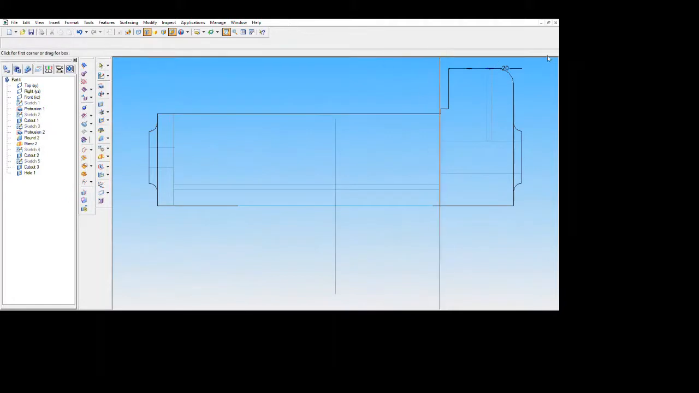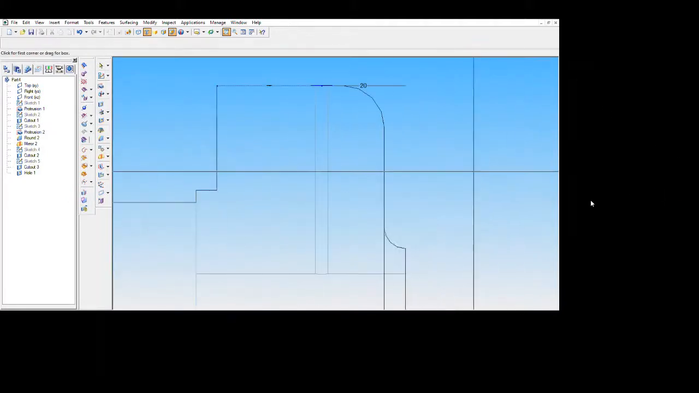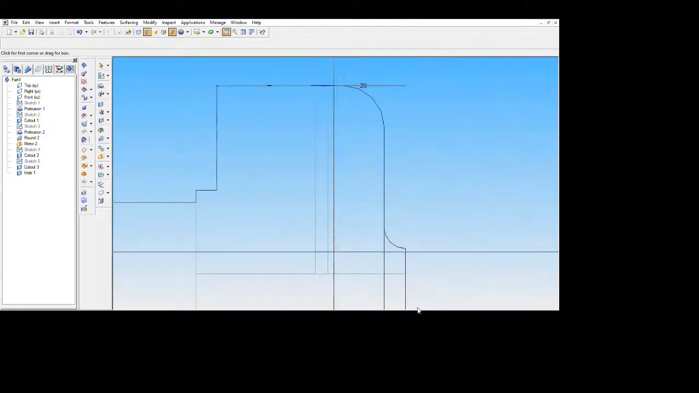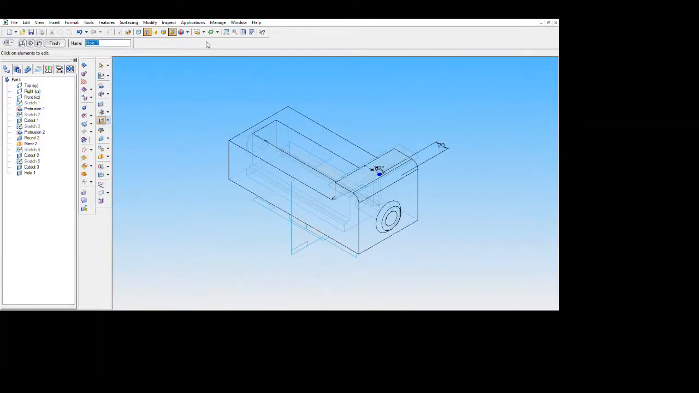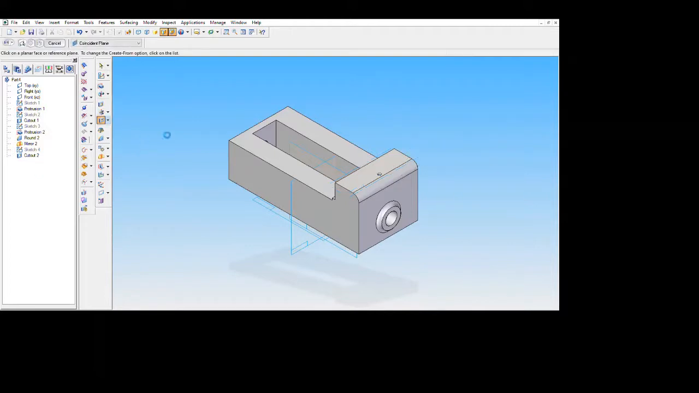I'll zoom it once. You can see the countersink hole. Go to return, go to isometric view. Let's do the other hole, and the other hole should be made on this surface,